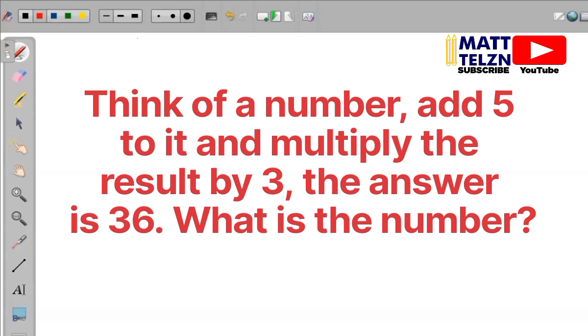When you figure out that number, you add 5 to it. When you add 5 to it, you are to multiply the result by 3, and the answer you are going to get is 36. So what is that number that you are to think of? So the first thing we'll do is